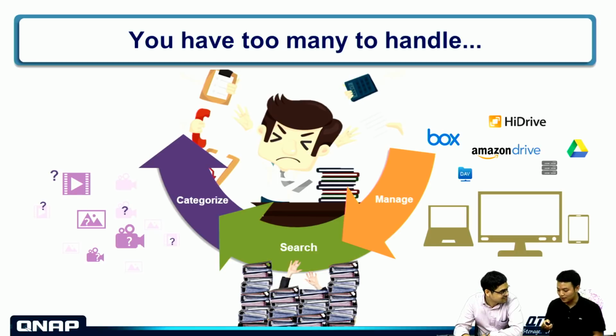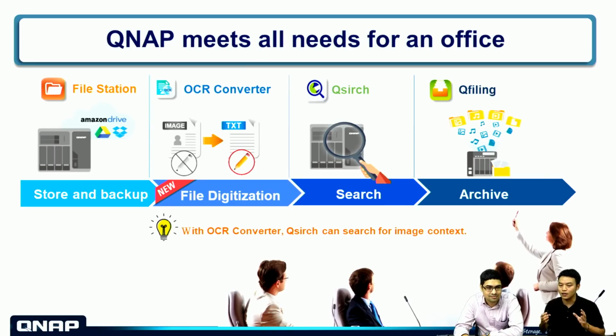Yeah, so our basic idea is we are integrating all our solutions together, and with our file management solution, we can solve all these problems within one single click. Basically, we have these four members in our file management total solution, which will be File Station, our old friend, and we newly introduce our OCR converter, which stands for Optical Content Recognition, that can easily recognize the text content in images, and which makes our images searchable and editable